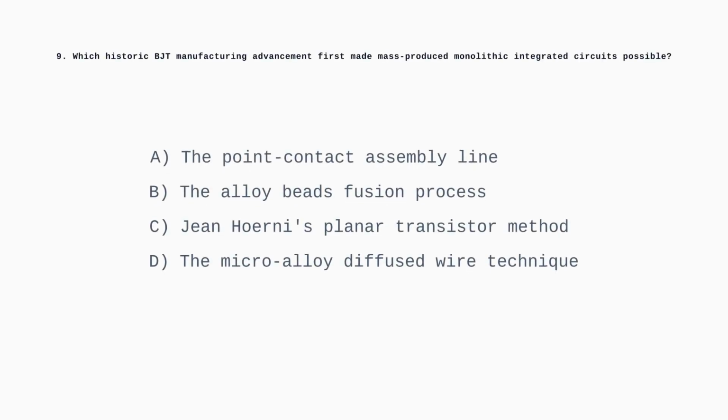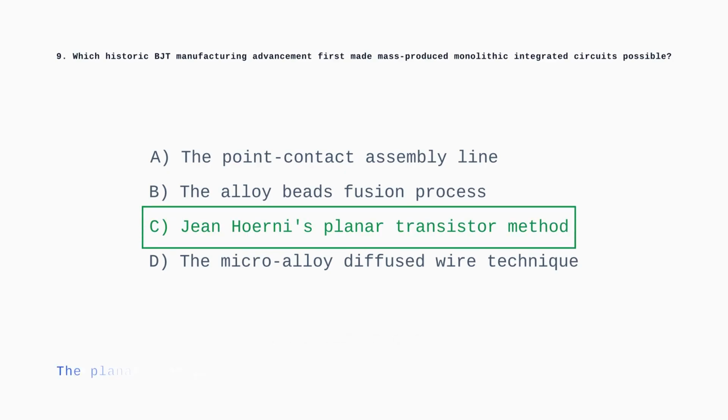sheets. Question 9. Which historic BJT manufacturing advancement first made mass-produced monolithic integrated circuits possible? Developed by Jean Hoerni at Fairchild in 1959, the planar transistor technology made mass production of flat, monolithic integrated circuits